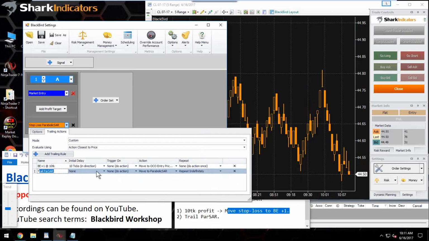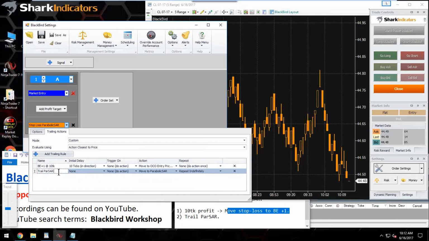The trailing rule is going to look at this ParabolicSAR rule and see there's nothing it's waiting for and there's no trigger, so it's just going to start trailing the stop loss, following the ParabolicSAR